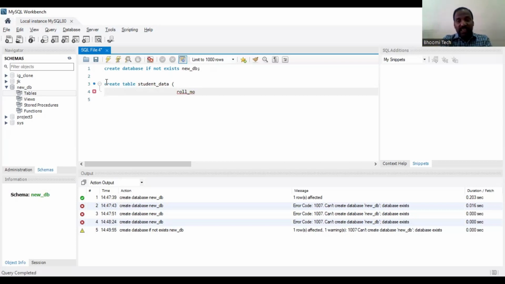Now you have to define which data type this roll number is, whether it's integer, character, or varchar, string. So roll number is integer, int. You can also specify how many characters you want, how much length of the roll number, whether it's a two-digit, three-digit, or four-digit roll number. To do this, you give it in brackets, comma,